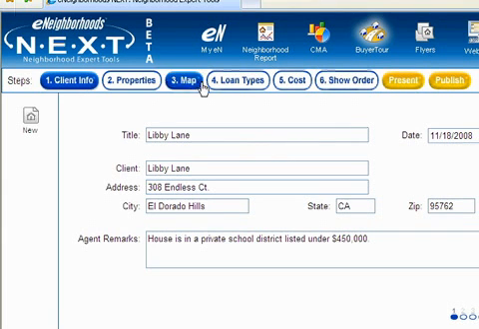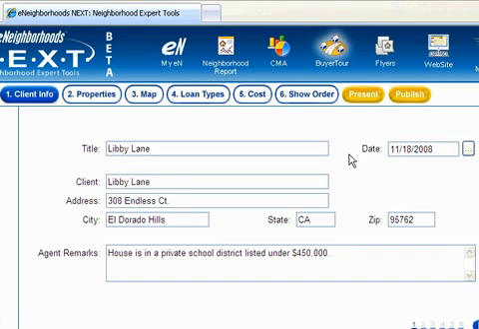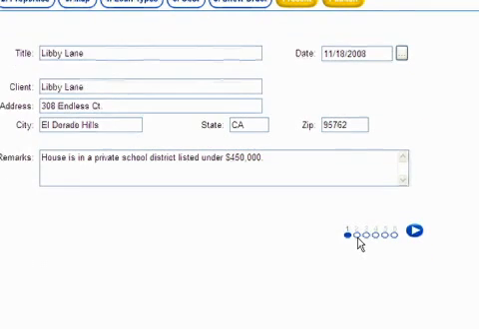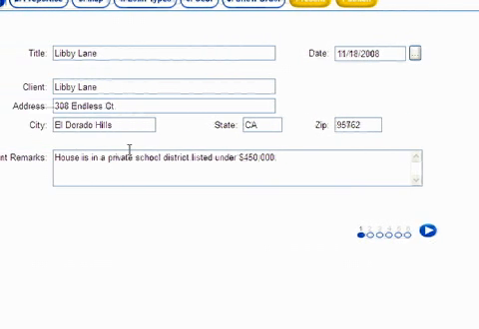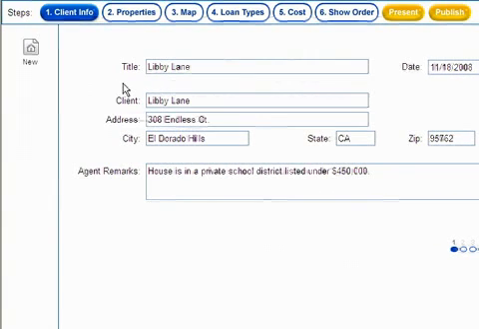All we're going to do is follow these steps across the top of the page, and down here at the bottom right, you'll see a little progress report as we go along as well. Now, step number 1 is the client information. This is pretty straightforward. I'm going to type in my client's name, their current address, city and state, and also,